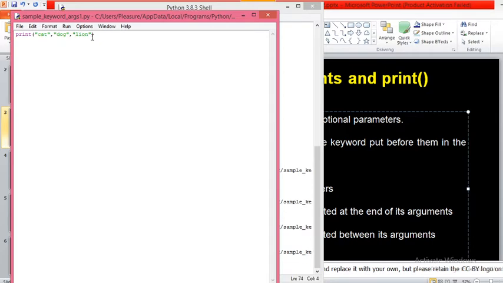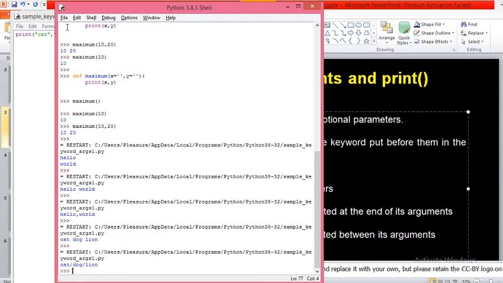But if you want a separator as you wish, then you can use another keyword argument, that is called sep. sep stands for separator, meaning the character used to separate the displayed data. For example, I'll write a forward slash. Now if I run this, the three data will be displayed separated with the forward slash: cat / dog / lion.